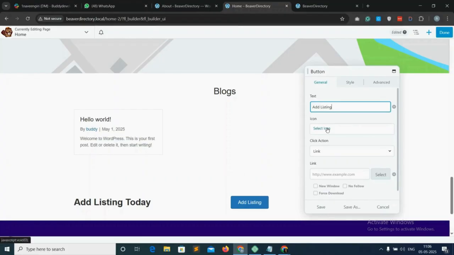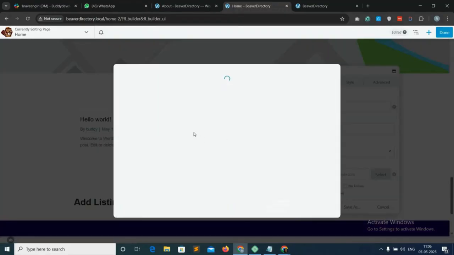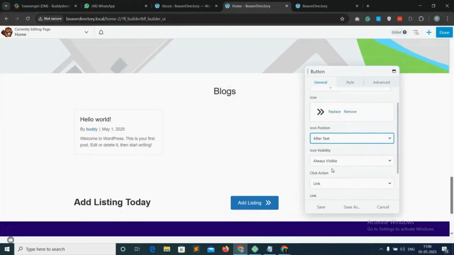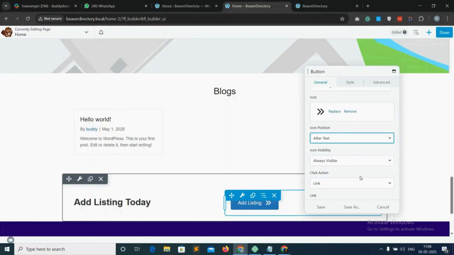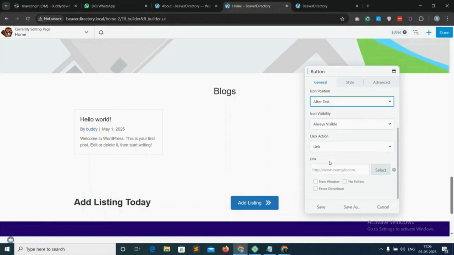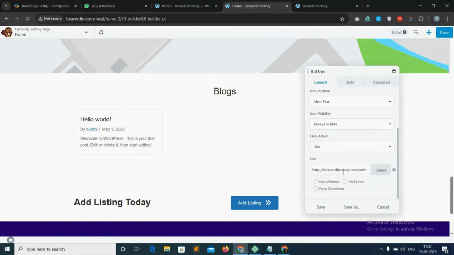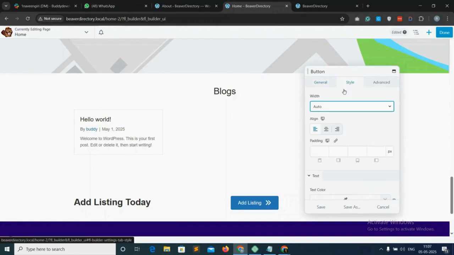Then we will be adding an icon, editing icon position to after text. So later we will be adding a link over here that will be of our add listing page. So if the add listing page is created in the backend, it will be shown over here. So the link will be auto detected. So coming on to style, then alignment right,